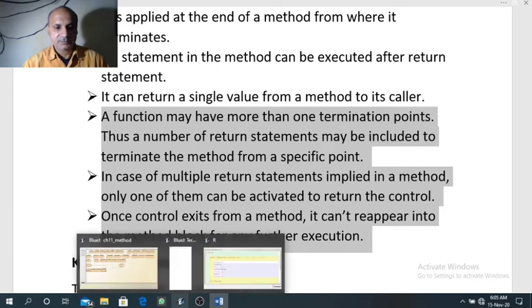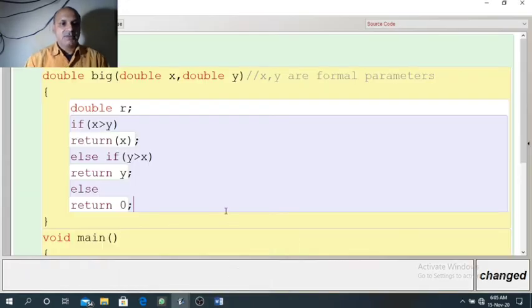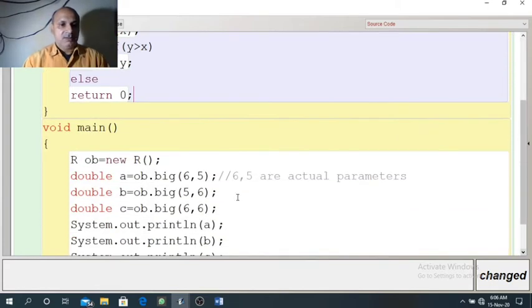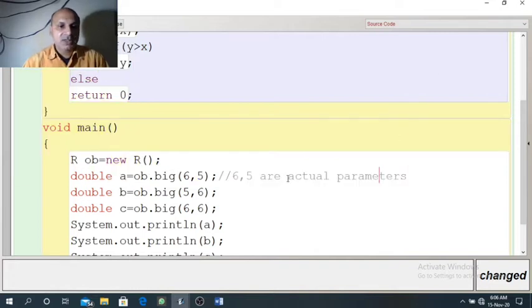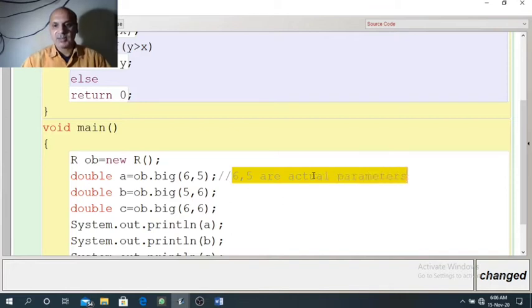So we have seen the program. The first statement I had explained. This is the function call statement. We are calling function big and passing the values 6 and 5. So during the function call statement, whatever values are passed are known as actual parameters, that I have mentioned in the comment.